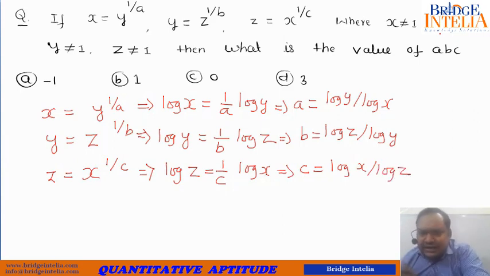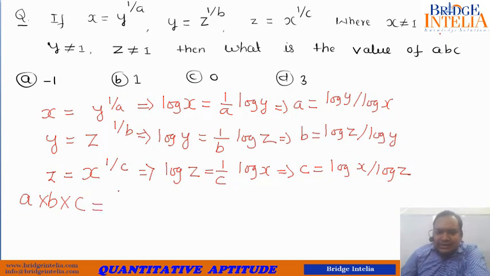So see, if you are taking a real exam, then obviously you are not going to write all these baby steps. Even if you have reached these steps, you can immediately realize that if you were to multiply a, b and c, terms are going to cancel each other out. So it is immediately observable that the product abc will come out to be equal to 1. If you want to convince yourself, you can actually multiply them and see. You will notice that the terms are cancelling each other out.